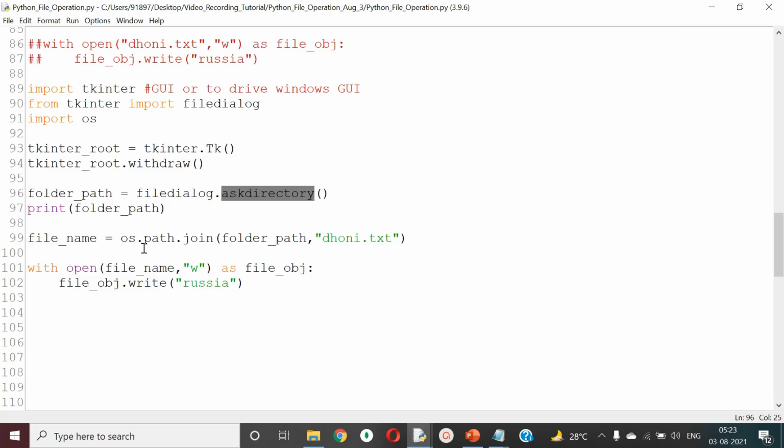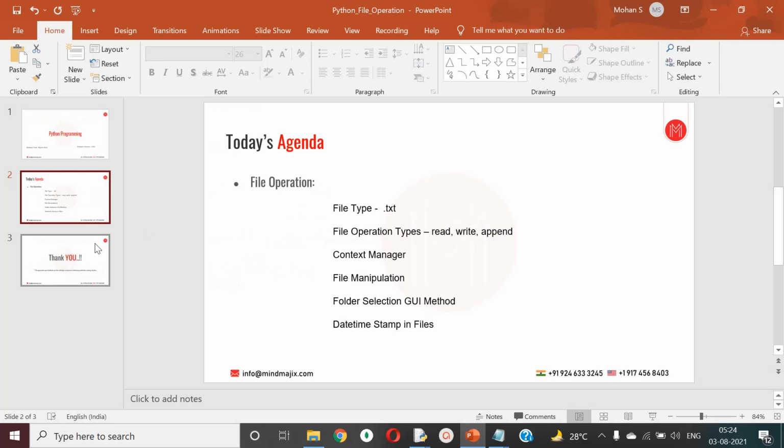If time permits, I thought of telling you about date time stamping, but as the time is ticking off for this video, we can see the date time stamping in a separate video, or when we do the DB related videos, you will see that I'll be incorporating date time or time based manipulation there. So keep practicing, guys. These are the few nuances that I want everybody to learn.